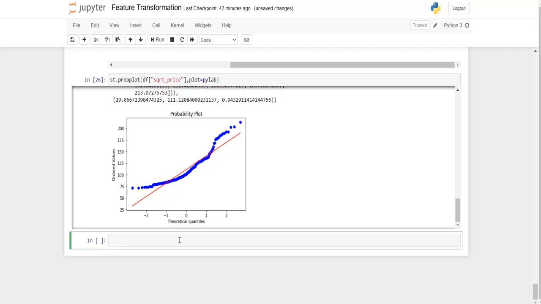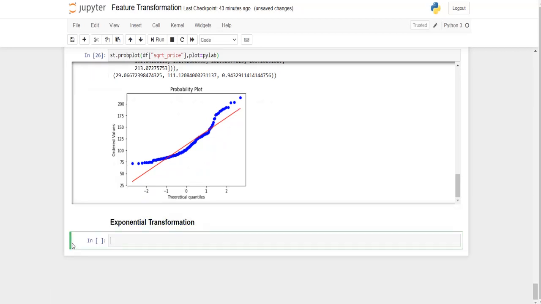Next transformation technique is nothing but exponential transformation. So let me create a new column named exponential_price. So we'll take the exponential of each value of the feature price.